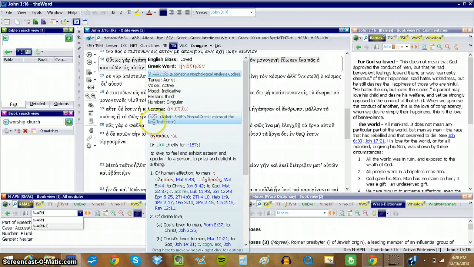So what I want to do first is come down here to the lexical form, and take note of that. You don't want to copy this word up here, because this word is the word in the text. What you want is to copy the lexical form. So you just want to come down here, highlight it,